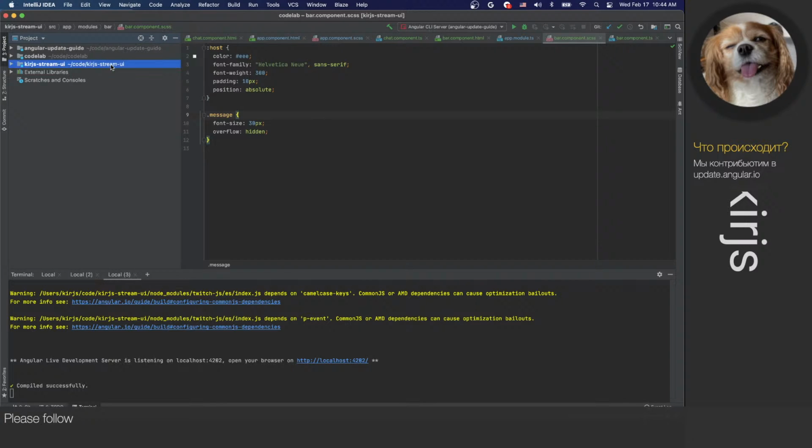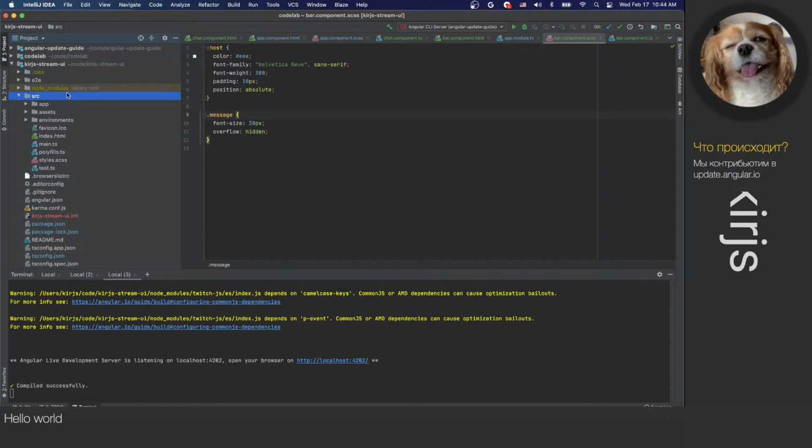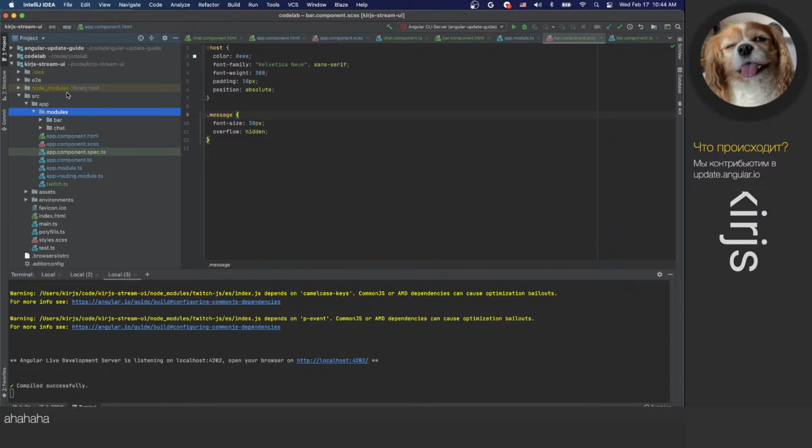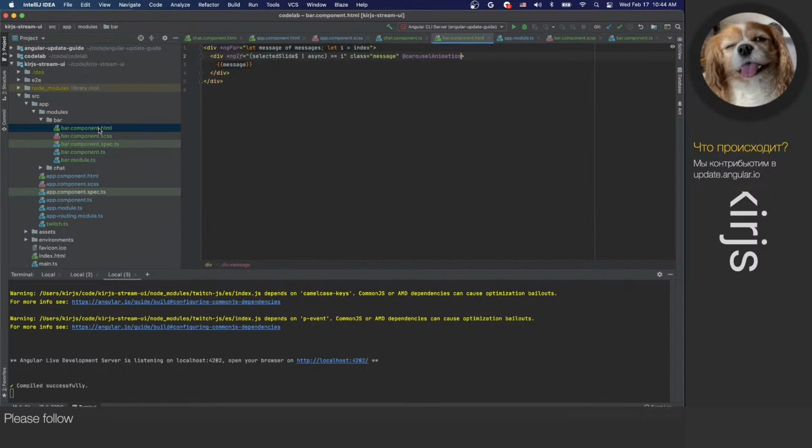I'll show you what I have right now. It's a component named bar. It's pretty simple. It has an ngFor, and in the actual component, we do have a list of messages. One thing I learned when watching other streams is that they show something and then they switch tabs immediately, and then you have no idea what's going on. So maybe I should